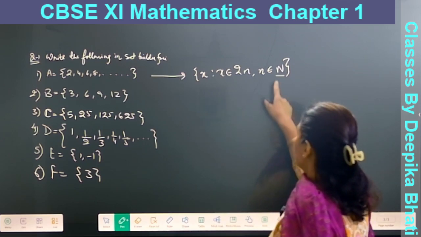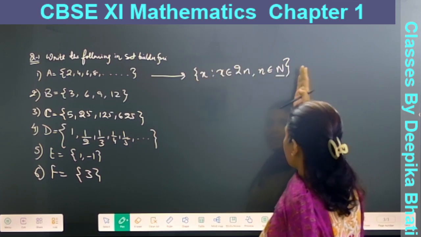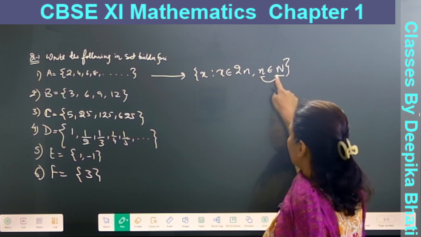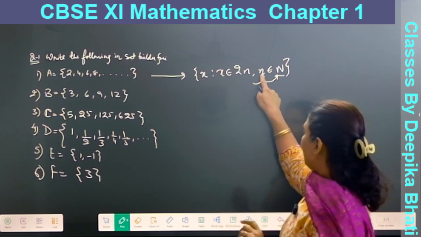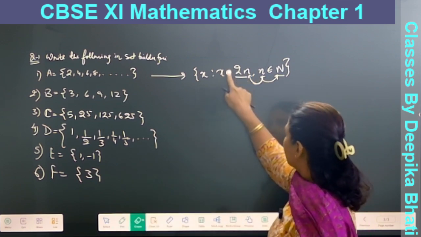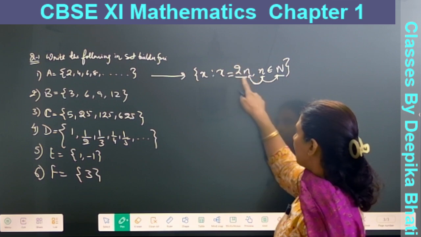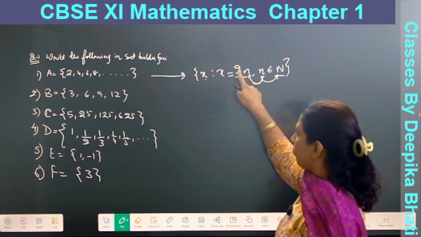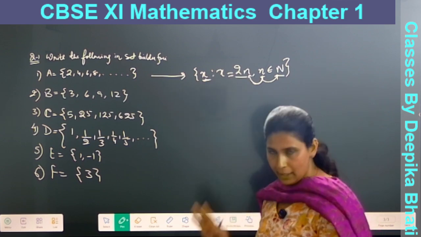As I said, n stands for the natural number, it's a universal notation, so we can directly write capital N over here. So how does this set work? Look at the board. It basically starts from right to left. N is a number which is coming from natural numbers. N can take value 1, 2, 3, 4 till infinity. So when n is 1, it will become 2, and the value is stored in x. When n is 2, the value is 4 and stored in x. So x is storing an infinite number of values.